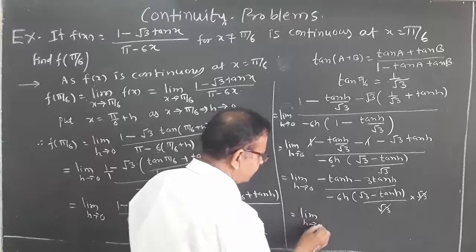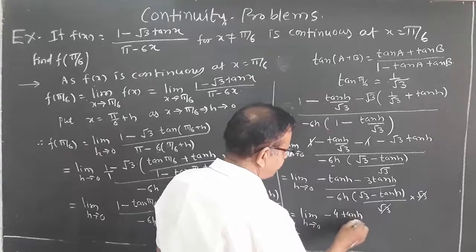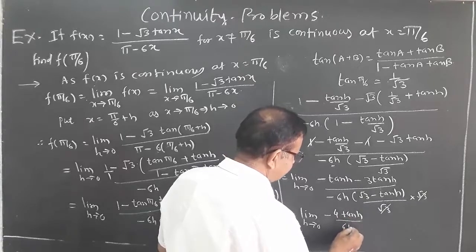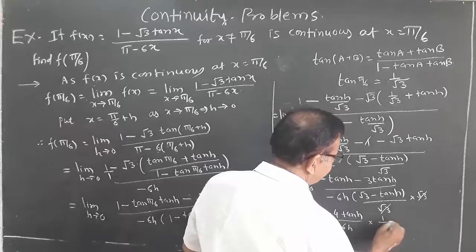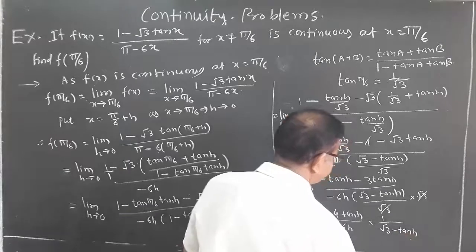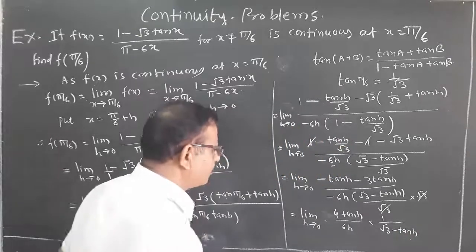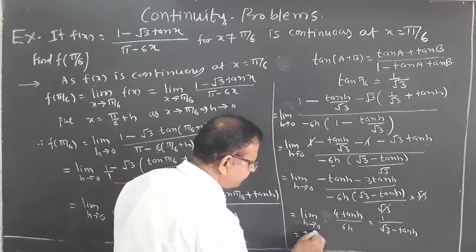Limit h tends to 0 minus 4 tan h divided by minus 6h, minus minus get cancelled, into 1 by root 3 minus tan h. 4 by 6 is nothing but 2 by 3. This can be written as 2 by 3